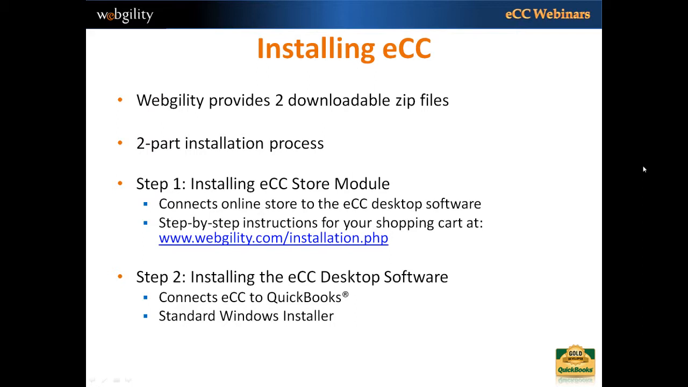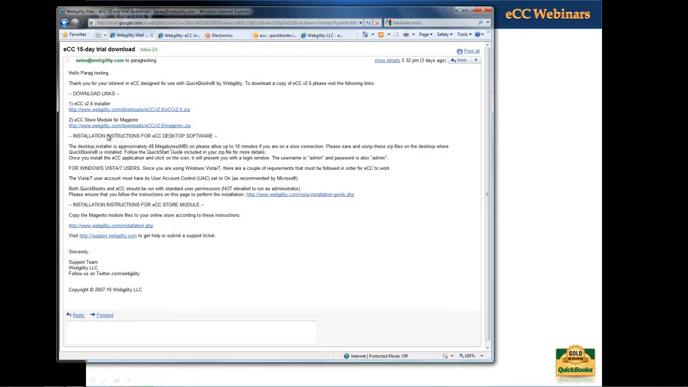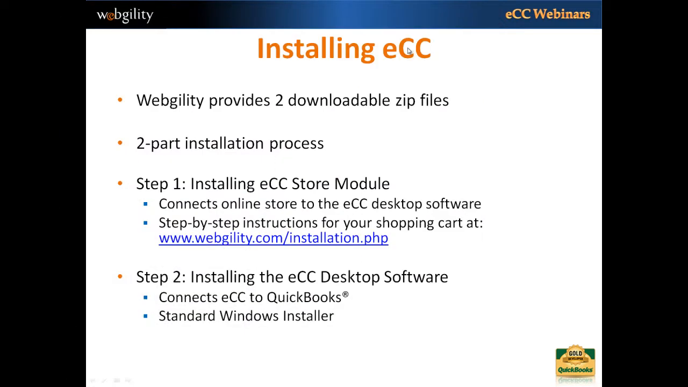Once you fill out a free trial for eCC or you purchase the application, you're going to receive an email from our team which has links to 2 downloadable zip files. And I'll give you a quick view of what that email looks like. Kind of looks like this. You get download links for the store installer and for the eCC installer. So the first part is the eCC store module. This store module allows your online store to connect with the eCC desktop software. Step-by-step instructions to install this module are available at